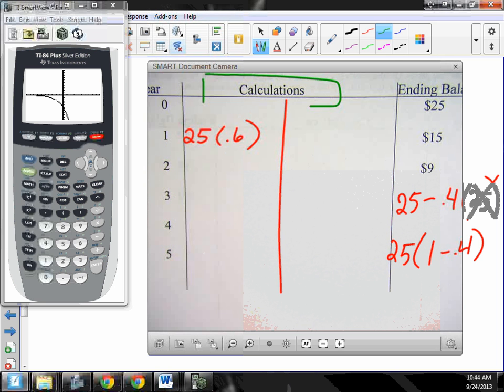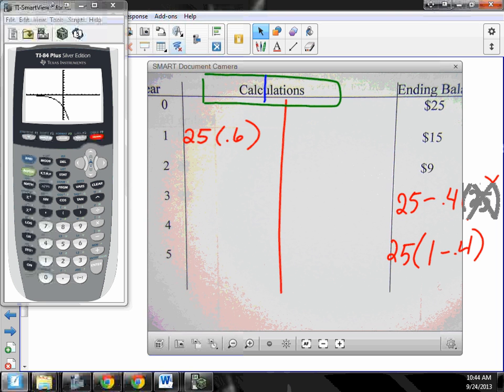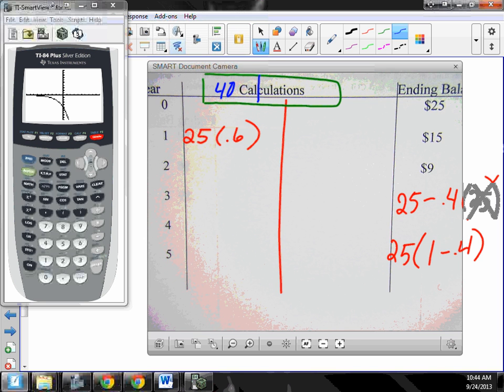Here it is. And I'm going to lose 40%. So this goes away. What's left? 60%. So this says, of my $25, I'm going to keep 60% and the rest of it disappears. All right? So the next year,